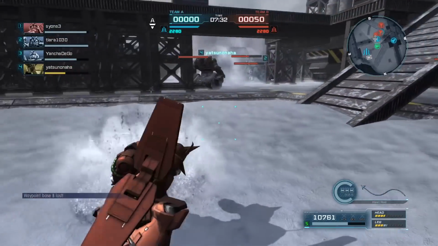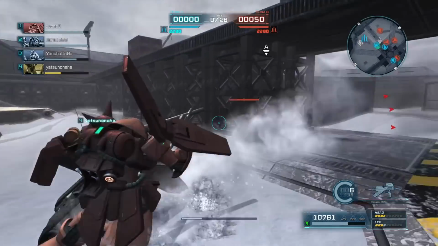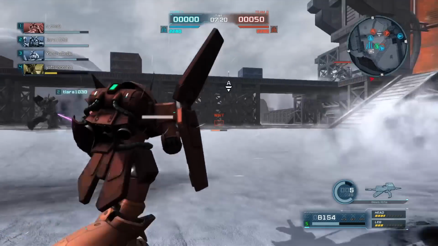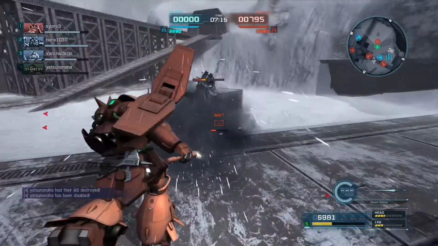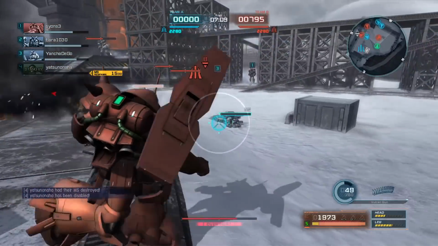Marasai is decent. It's a fairly standard general. It can use the Marasai beam rifle that the Hyzak has been using, which now has 6 rounds. I swear it used to have less, but 6 is not a bad number at all. It also has the Sea Serpent, which is basically a heat rod. It's a very linear one, kind of like the custom heat rod,